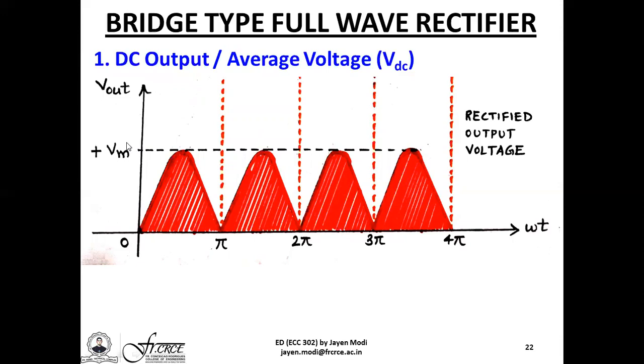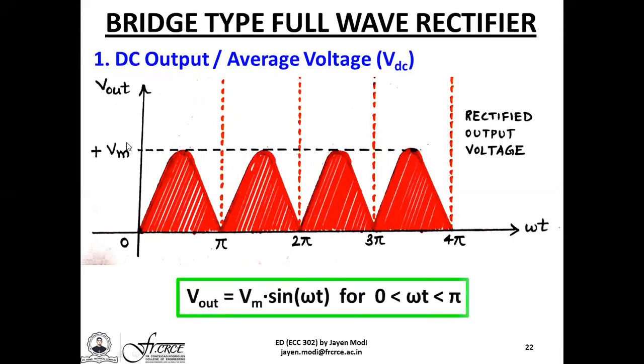So here we have the output signal will be exactly similar to Vout is equal to Vm into sine omega t between the interval limits 0 to pi. This is again exactly same as the center tapped full wave rectifier circuit. Now in the derivations, I will be simply replacing omega t with the value theta. So the same equation can also be Vout is equal to Vm into sine theta for theta greater than 0 but lesser than pi.